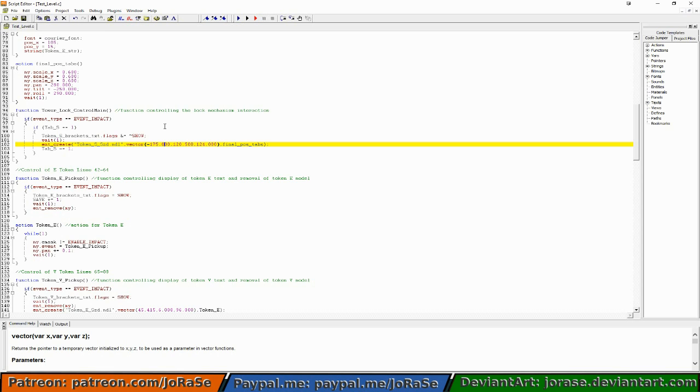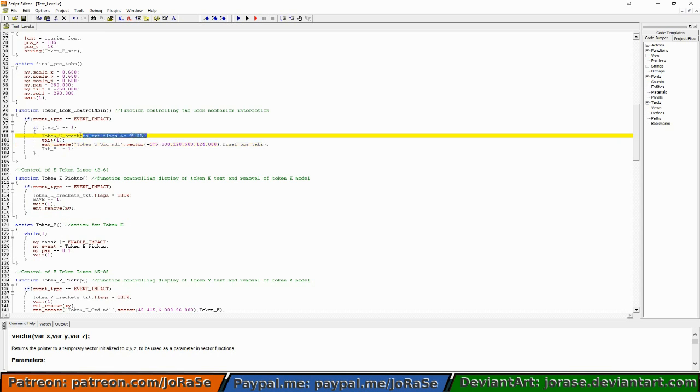Once the lock mechanism is touched, it checks to see if the corresponding tablet letter is 1, and if it is, it then runs the code in the if statement, which in this case is going to be this,